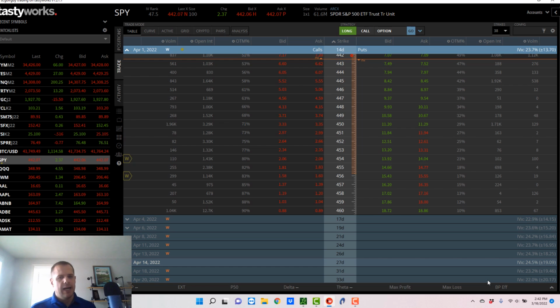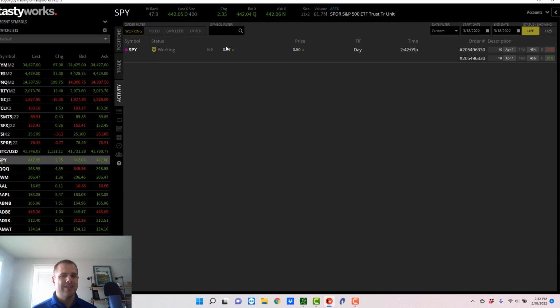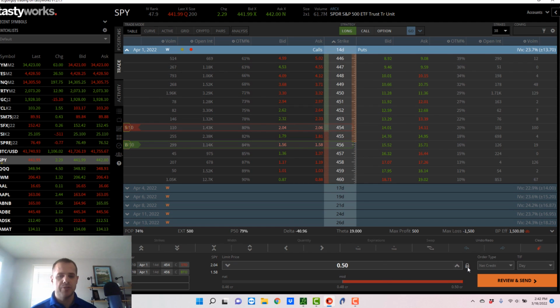So I can either wait to see if SPY moves higher, but what if your schedule doesn't allow that? There's a couple things that I could do. I could go back to my working order. I can click on the activity tab and you'll see my working order here. It's now trading for 47 cents. I can right click on this and go to replace order. That's going to take me back to the trade page and I can change the price from 50 cents to